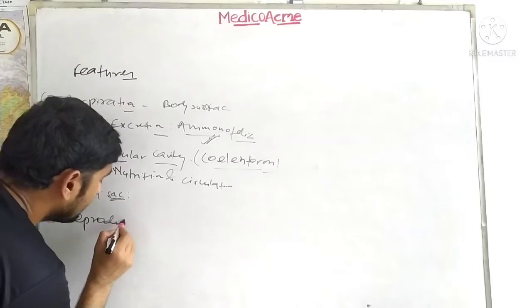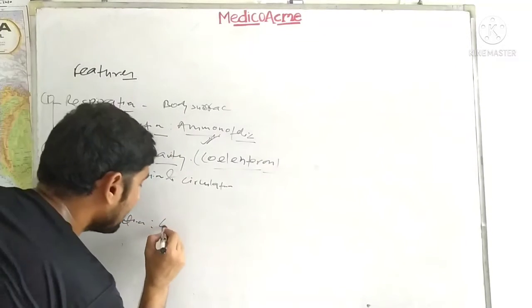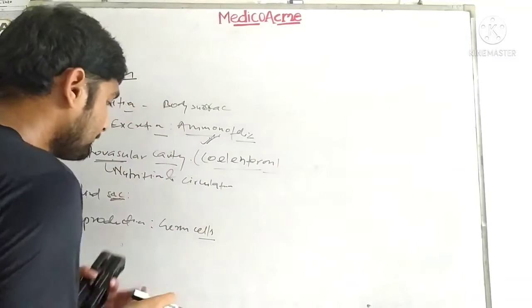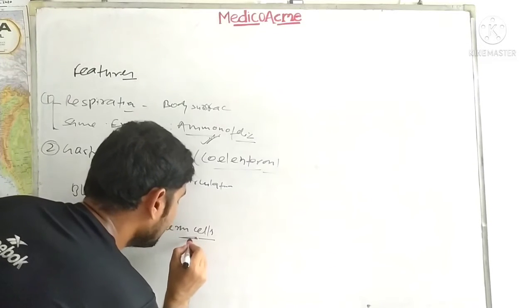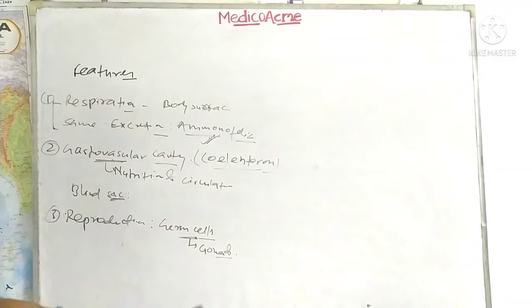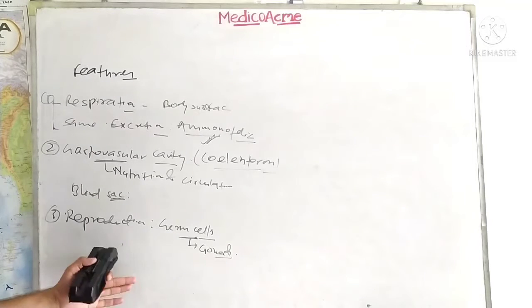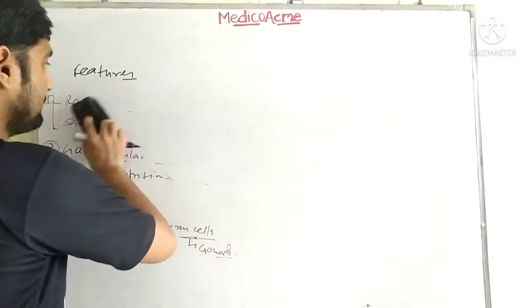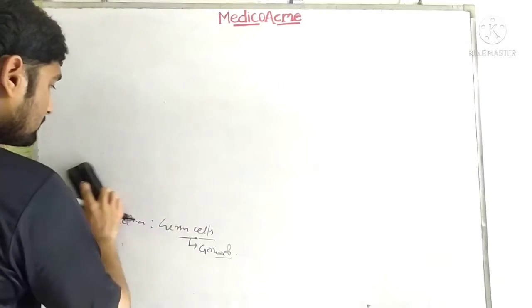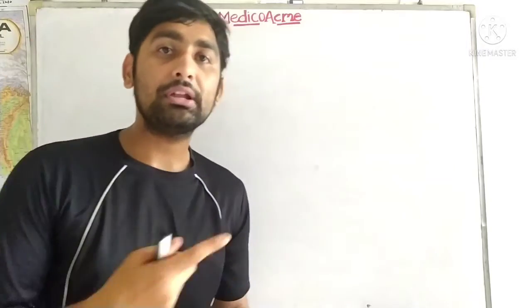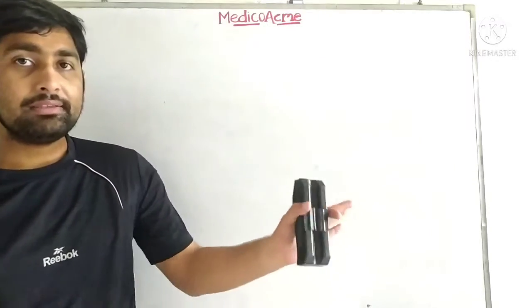For reproduction, same like sponges, it has germ cells in the ectodermal layer, and these germ cells are converted into gonads with time when the cnidarian becomes mature. So these were the 4-5 basic systems found in the organism. Now let's discuss the main important thing, that is the nematocyst. Please remember that the interstitial cells are totipotent cells and they are found in both the layers. This is very important.